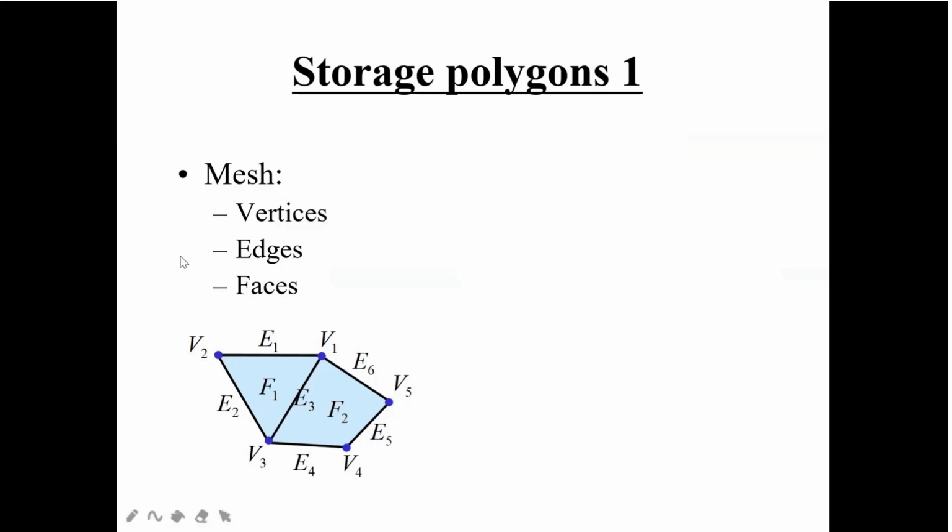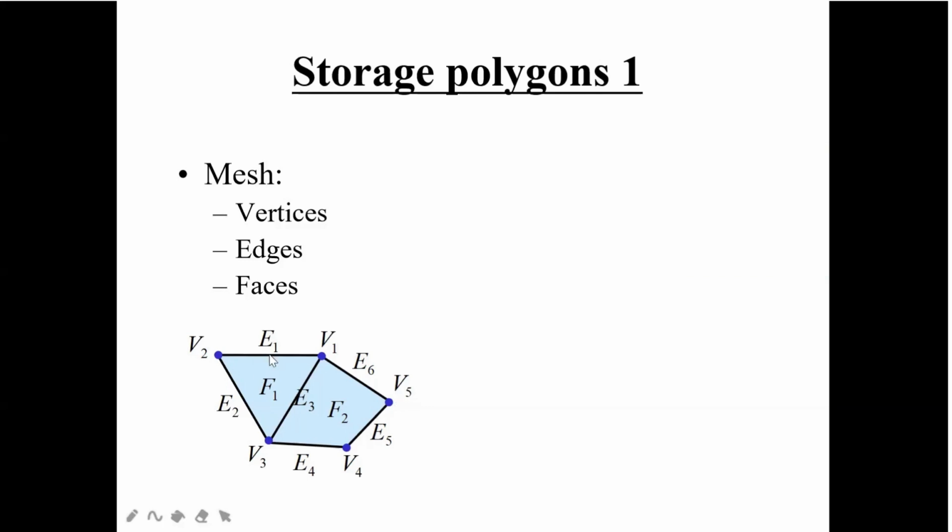So let's take the example of your mesh. If any of the polygons I will take, I should have the vertices, edge and face. Here what we are going to do is we have to calculate how many vertices, how many edges and how many faces are there. Fine. So here you can see if I have this kind of polygon, first I will name it. So I'm going to name it as my vertex 1, 2, 3, 4 and 5. So here I have 5 vertices.